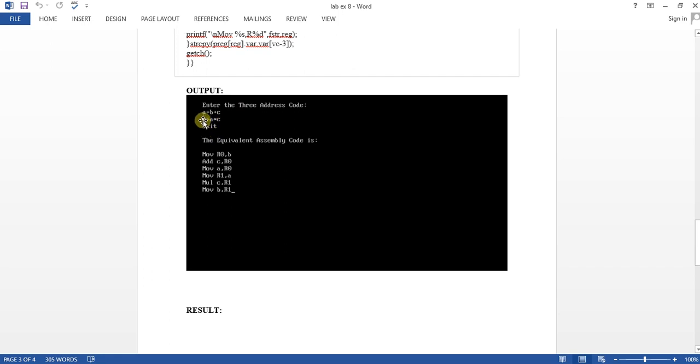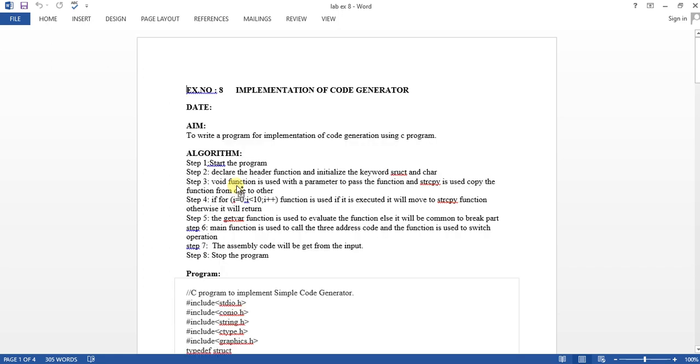I entered b plus c and a star c2 as expressions, and then I gave exit, because it will ask for another expression. If we don't need to give one, we can simply exit. Then the assembly code is generated: move r0 to b, add, move, then multiply. Likewise, assembly code is generated automatically. This is the code generation experiment.